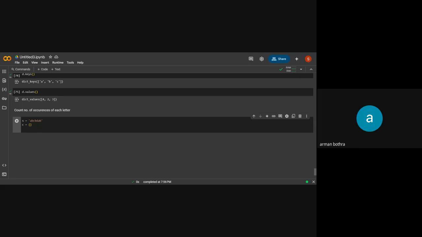Sir, can we say each string value as an element? Can I say that each string value, like A, is an element of S? Okay. You can tell me the answer now. Yes, sir. For element in S: